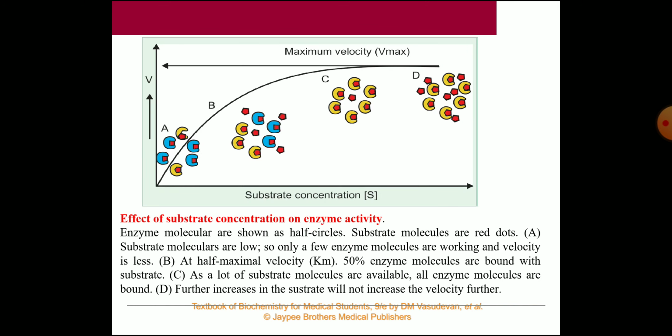In this diagram also you can see, to start with, many enzyme molecules are there to bind with the substrate. Substrates are shown as red polygon dots, and the blue half circles are the enzyme molecules. At position B, almost half of the enzyme molecules are saturated with the substrate, and when it goes to C, the whole of the enzyme molecules are saturated with the substrate, and you can see excess substrate molecules at position D which are not able to bind with any enzyme. So the curve flattens, and this is Vmax, and this area is the half Vmax.